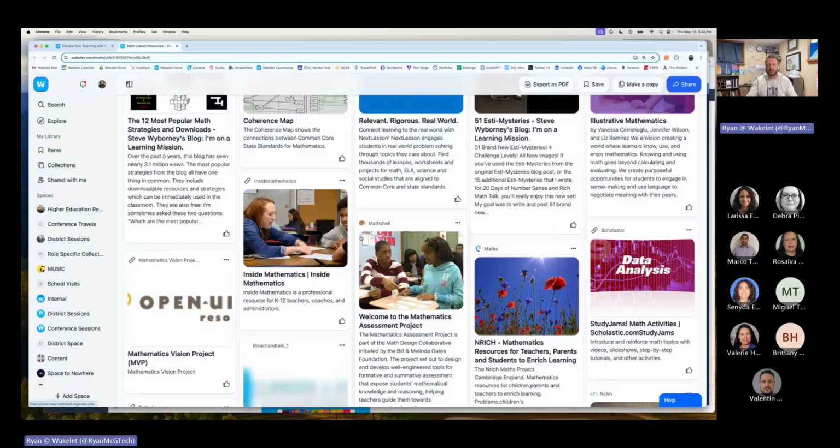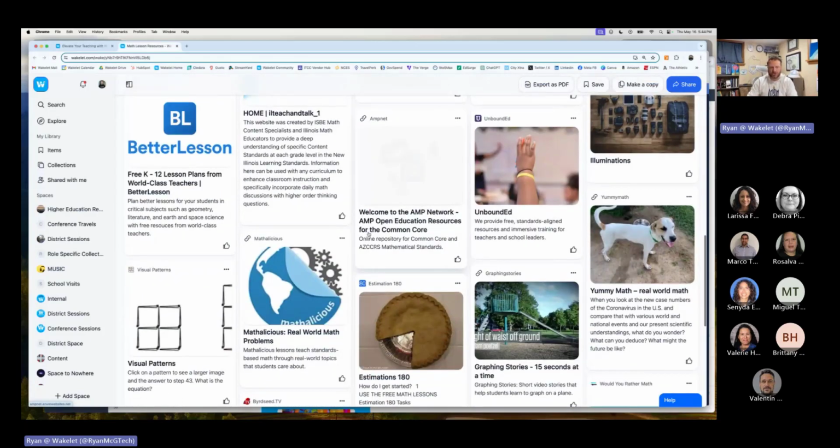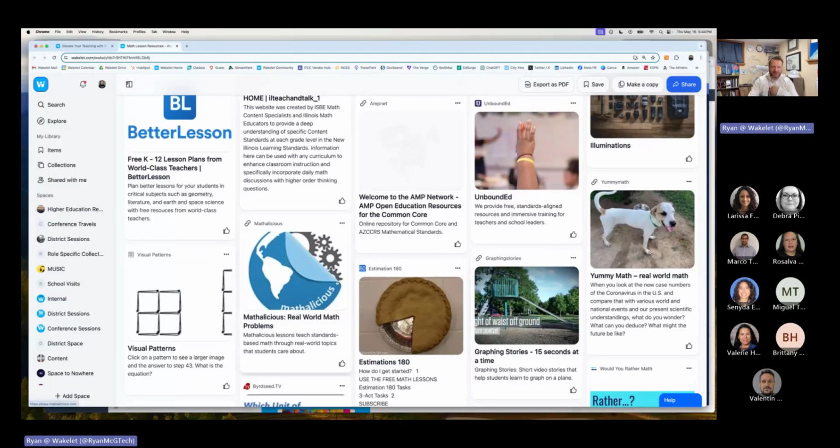I can have it just loaded with what I need. And then based on chapter, theme, module, or unit, I could just go in here and find what I need. I wouldn't need everything, but I could pick and choose. If my kids needed a video, I could pull the video out for estimations. If they wanted to do real world problems, I can just find it in here. I don't have to open up that giant bookmarks section of my browser and try to find everything at the